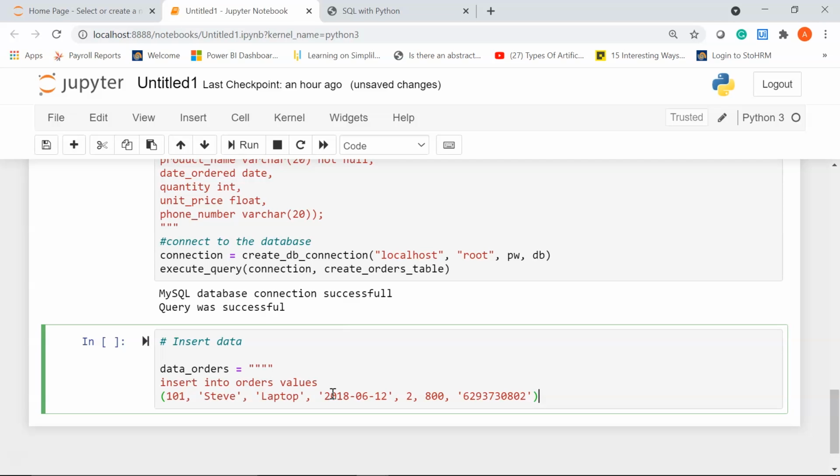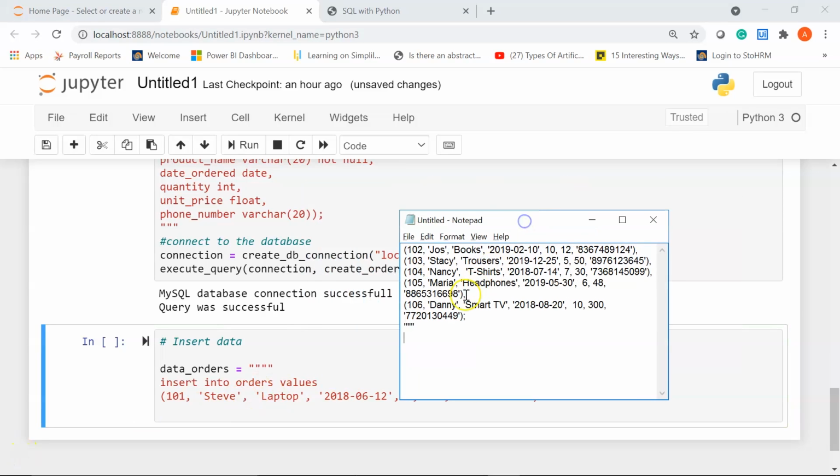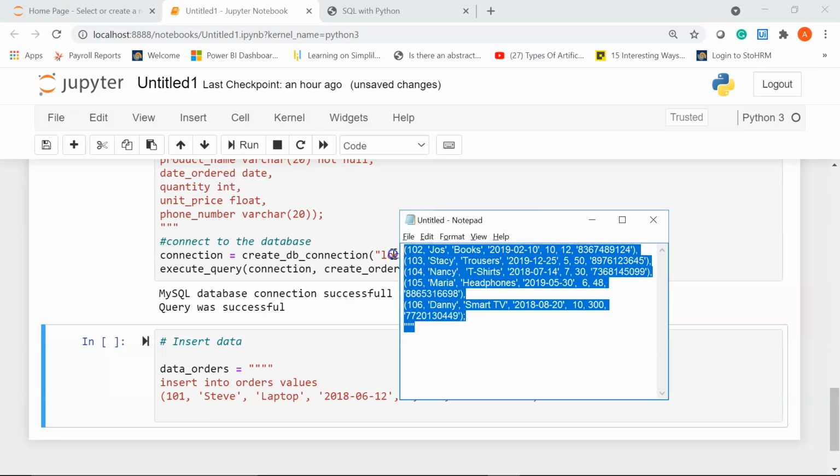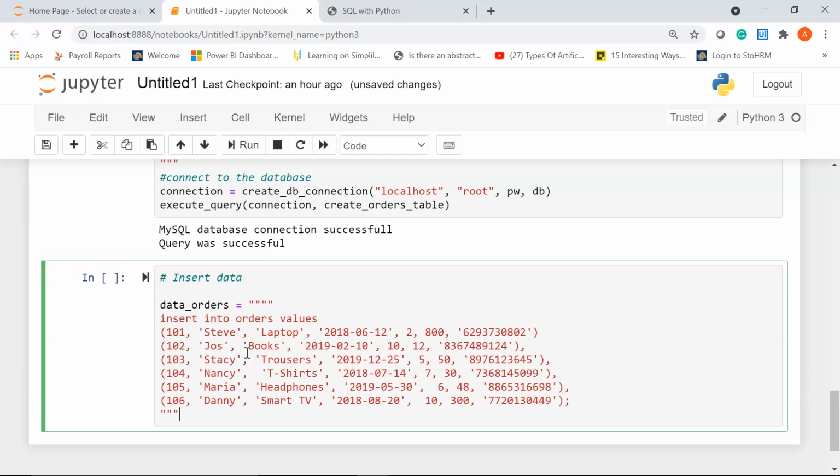Similarly, I am going to insert 5 more records of different customers and the items they have purchased to this table orders. Here on my notepad I have the rest of the 5 records. Let me copy it and paste it in the cell here. This will save us some time. Okay, let me recheck if everything is fine. I'll give a comma here.